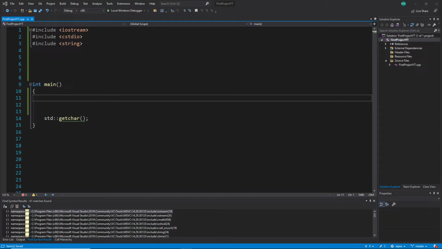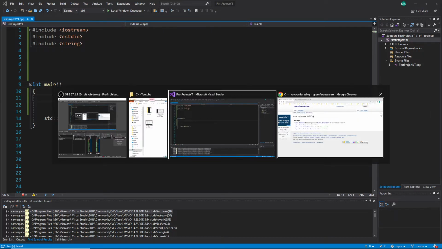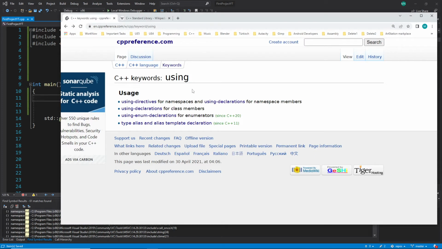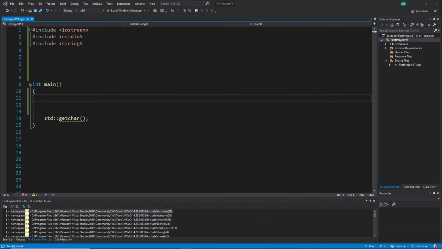This is video 70 and in this video we are learning a new keyword, which is the using keyword. This using keyword has different meanings, but we will not talk about all meanings, only some of them. So let's get started. The first meaning of using can be that we change